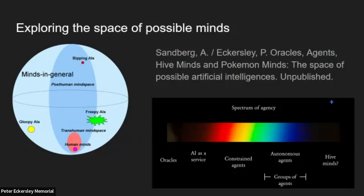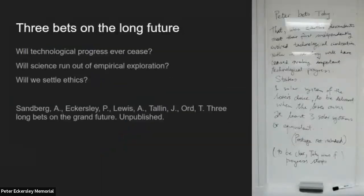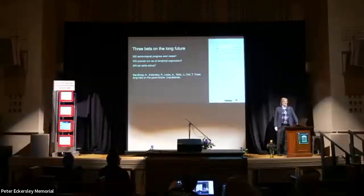But of course, sometimes you can go much further than just exploring the space of possible minds. Some years ago, when I came into the office, there is this fundamental law of reality that when you talk about advanced technology, your slides will not update as you want. But in this case, I came into the office and on the whiteboard, I found a bet between